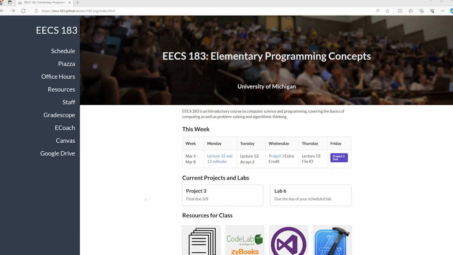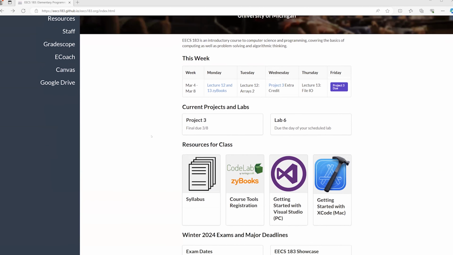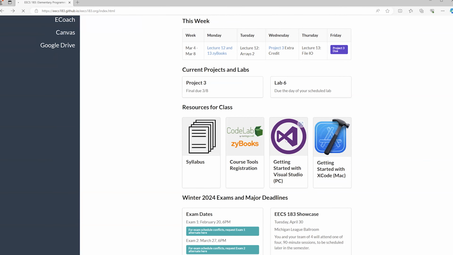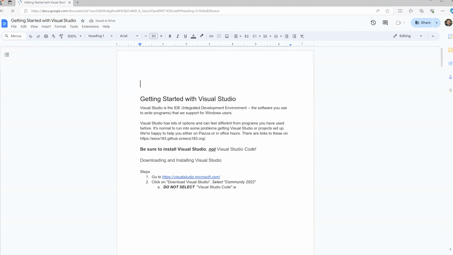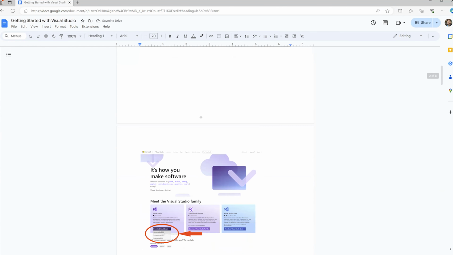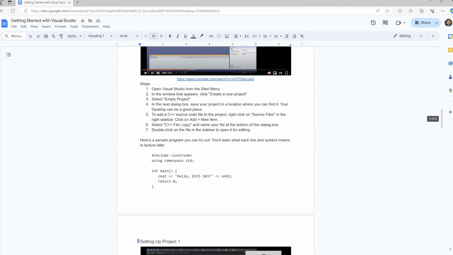Hi, everyone. So I'm going to show you how to set up Project 4 CoolPics using Visual Studio. The steps I'm about to show you are also written down on the course website. If you go to Getting Started with Visual Studio, and then you scroll down in that document to the section